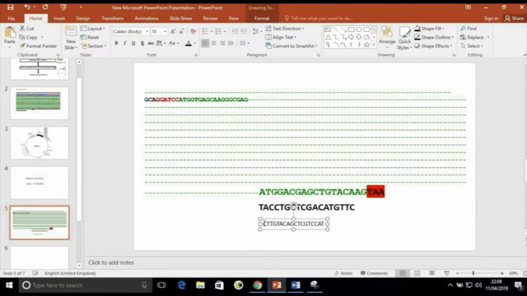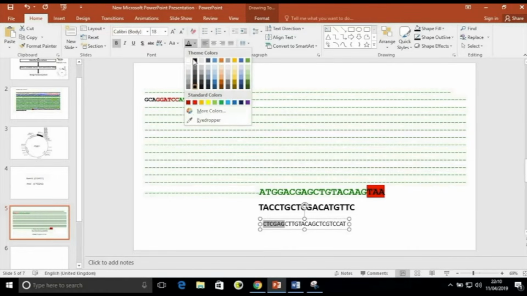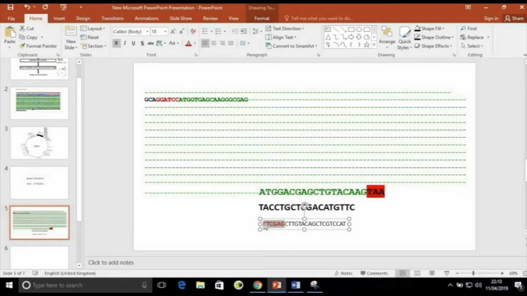So this is the restriction site. As usual, we have to insert T here. So this is the restriction site we added.